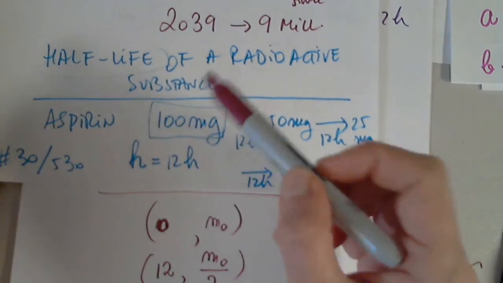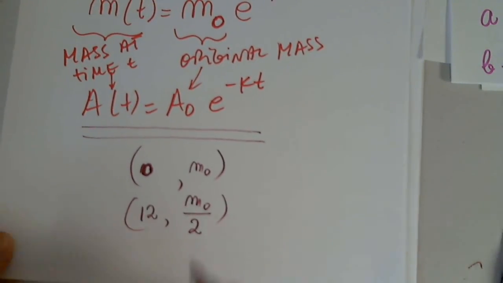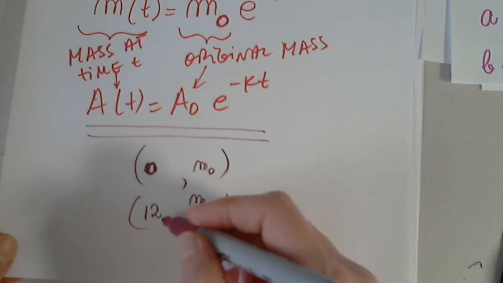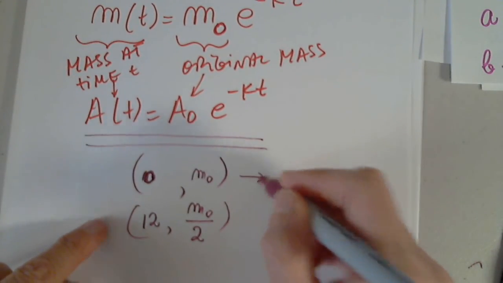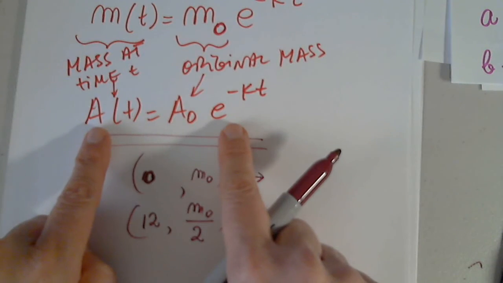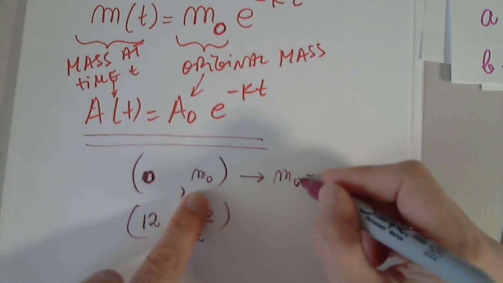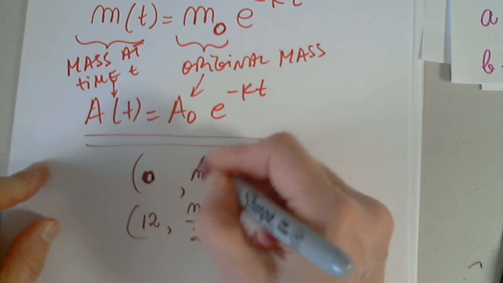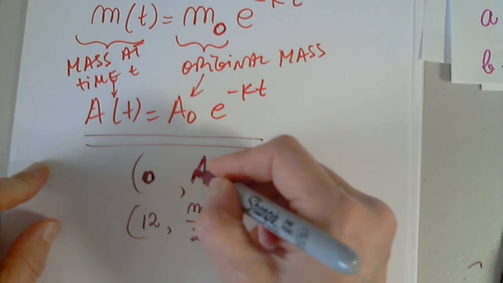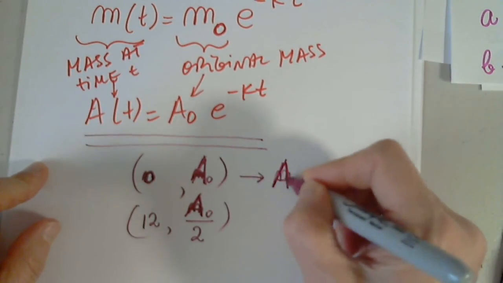But we don't have the original amount. This is not given to us. This was just an example to explain what the half-life means. This is what we have. Unknown amount that is original, but I know that 12 hours later, I will have half of it. So then from here, when I apply the point to the equation, then I have m0 equals, I just said that I was going to use a, so let me change to a. I just said that, but I'm in my mind, I'm still talking about mass, so that's why. Okay, so a0